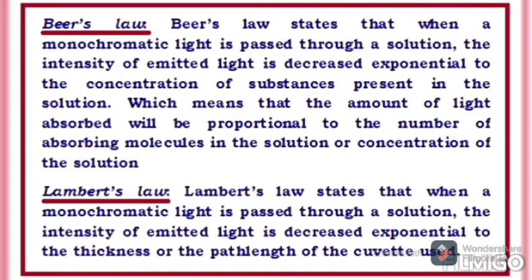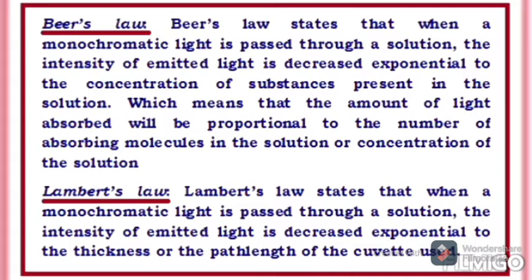Colorimetric measurement is based on two principles: Beer's law and Lambert's law. Beer's law states that when monochromatic light is passed through a solution, the intensity of the emitted light decreases exponentially with the concentration of the substance present in the solution. This means that if the number of absorbing molecules is higher, the color is higher, and the absorbance also will be